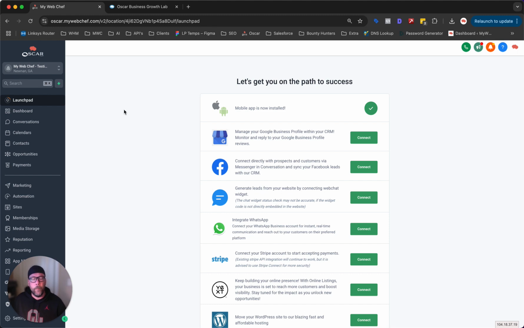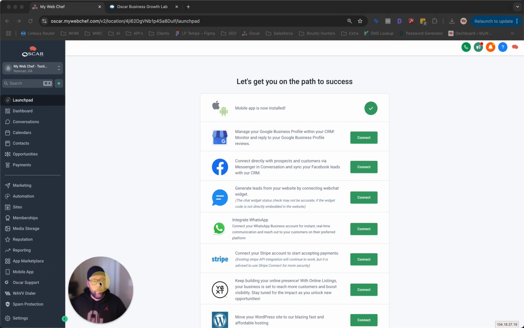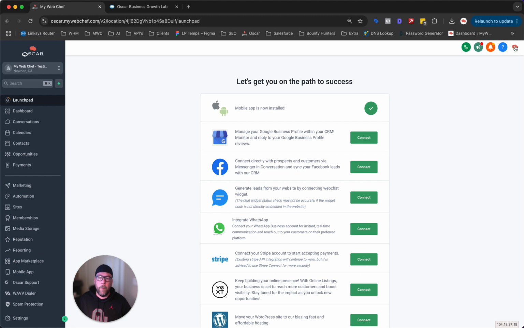When you log in, you're going to hit your Launchpad. Oh, actually, to start off, layout. So this is your main window right here. You're going to see a top toolbar, and not everyone is going to have some of these extra buttons, but you will have your account button right here. You're going to have a phone number right there, and your